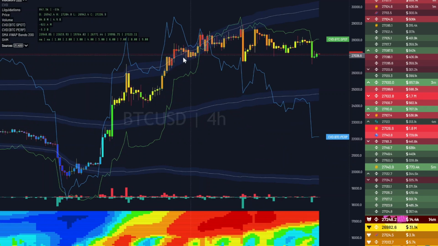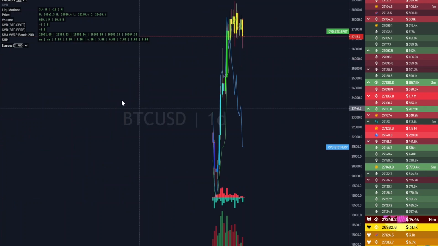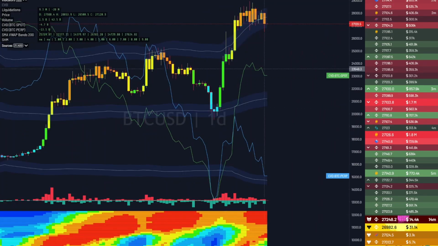It's not often you get red candles on this, but we had a series of red candles back at the start of March where we started entering our range, our trading range. But on the daily, I like it a lot better because it's just a lot easier to read. So at least when it comes to this heat map, a correction here should give us back some yellow or